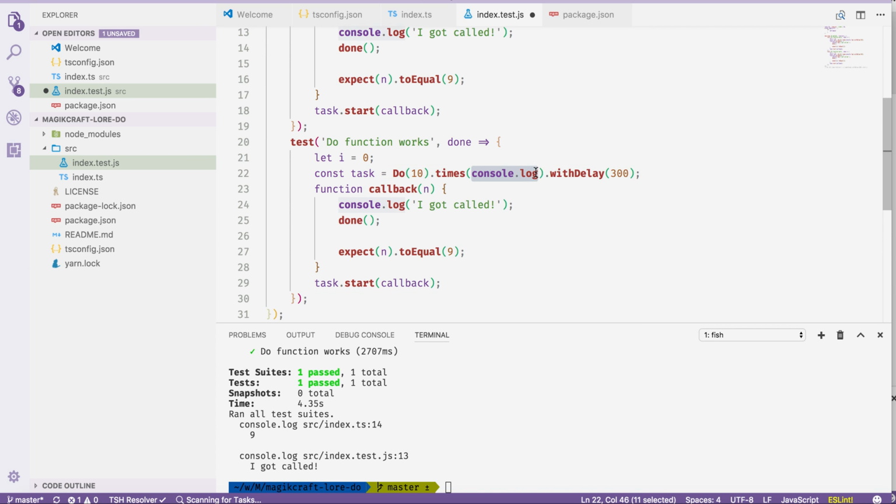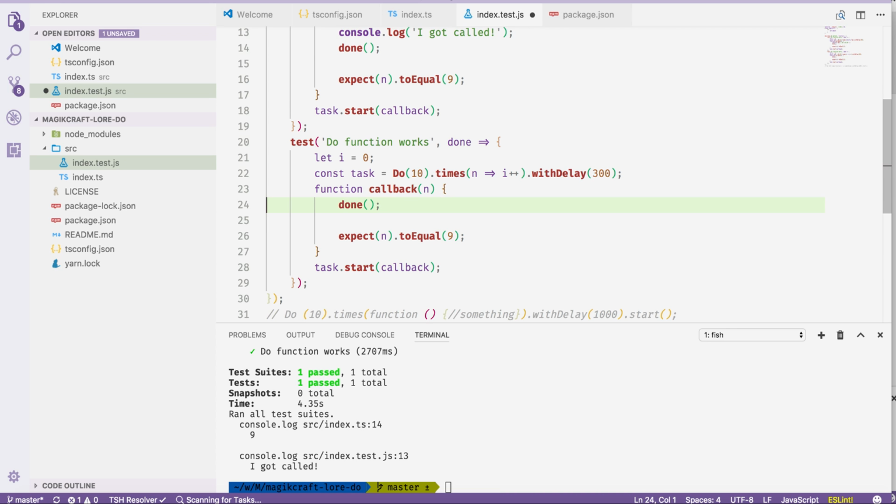So here, we need to go do n times. It's a function, takes a parameter, and then just goes I plus plus, like that. Okay, get rid of that, because we know it gets called, and then we're going to expect I to equal,